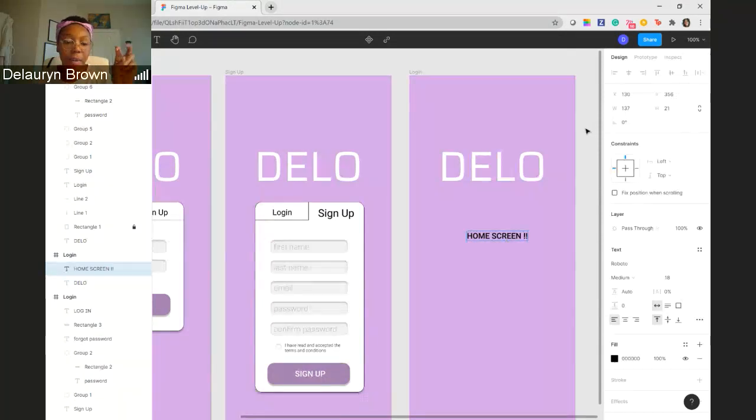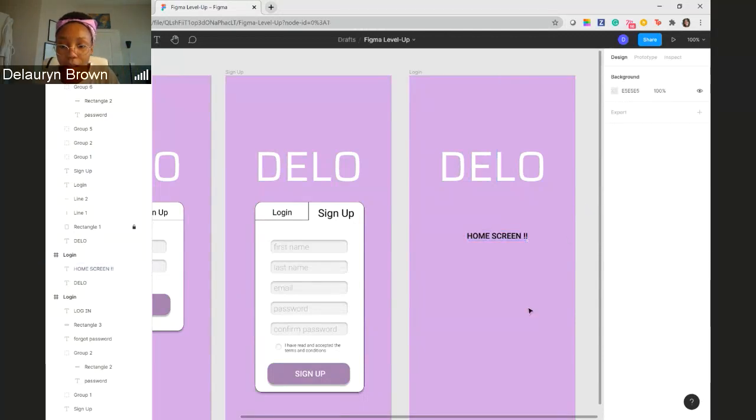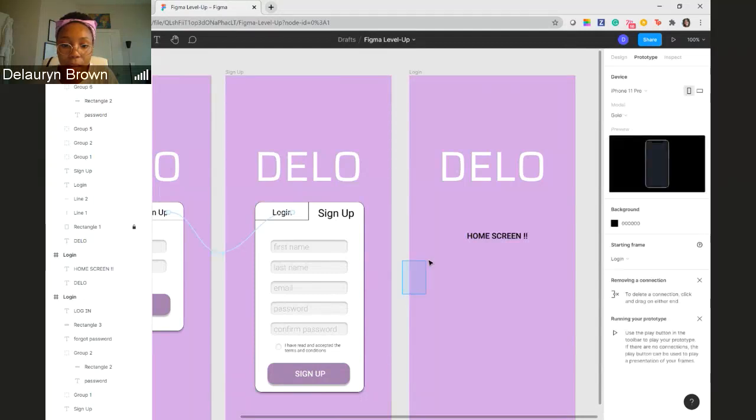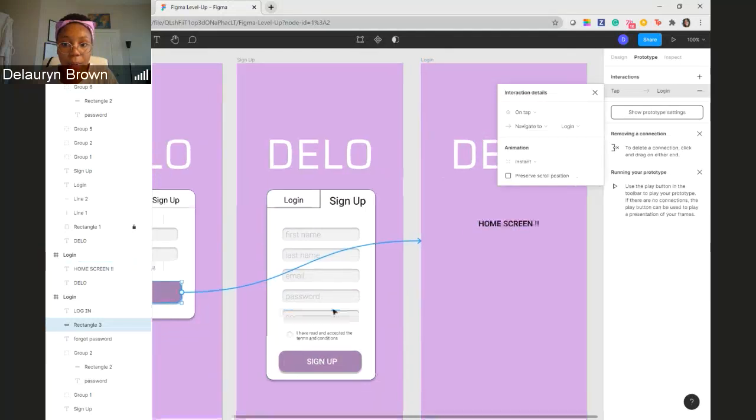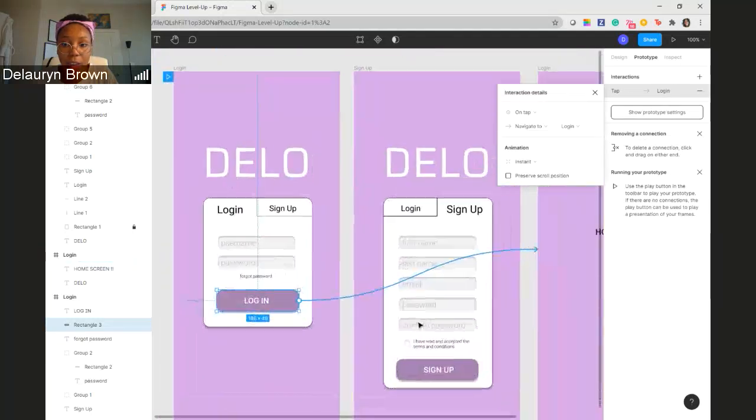Or like the landing page, I guess what the company lingo would be. So let's head back to prototype. Say that I want my login button to take me to the home screen, to the landing page. I go ahead and